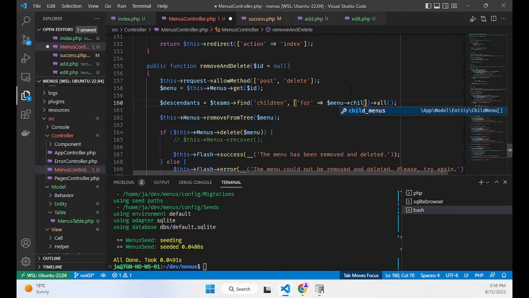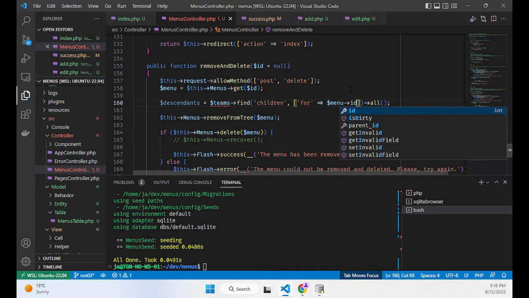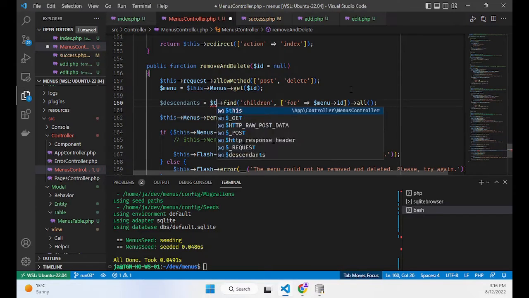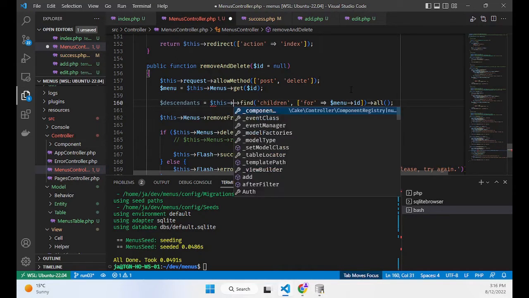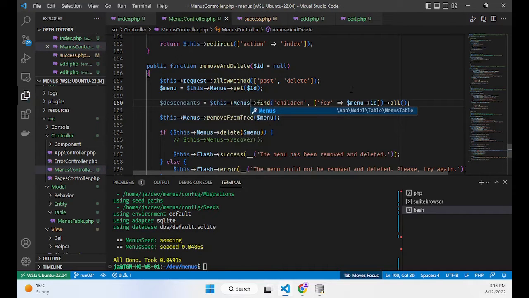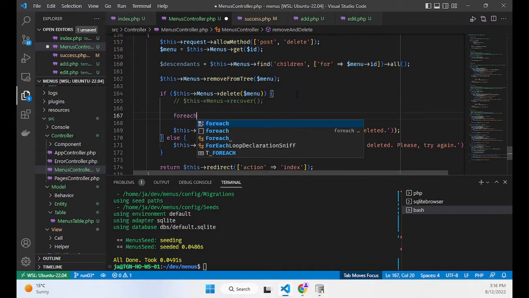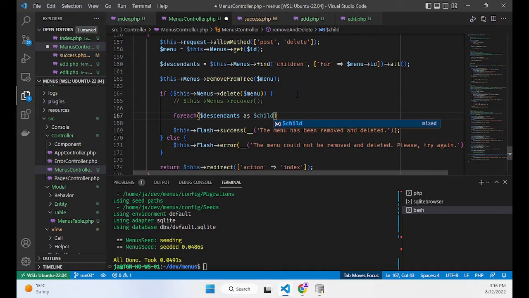So grab the ID, and we need to specify this menus, and we're going to grab all the children for this, and then after we successfully delete, we're going to do a for each of the descendants as children,